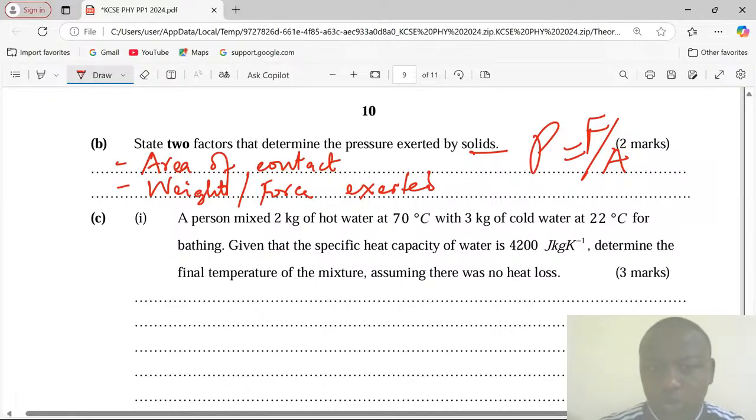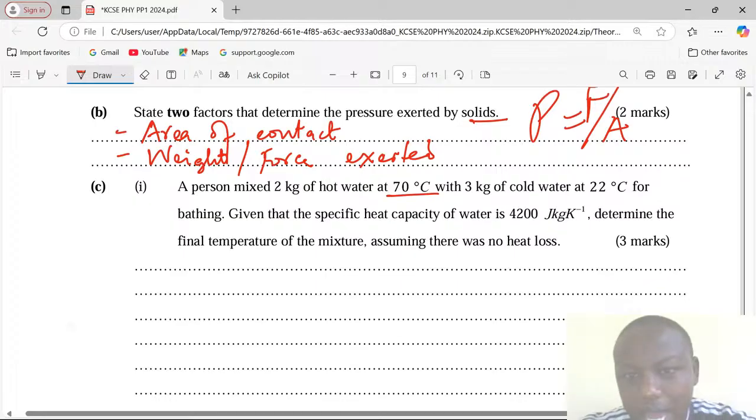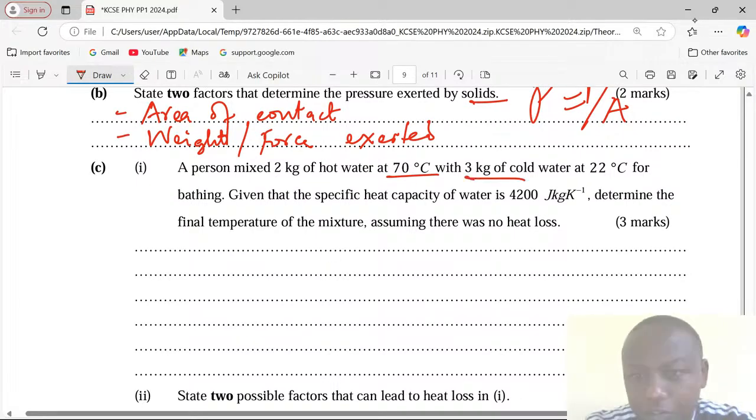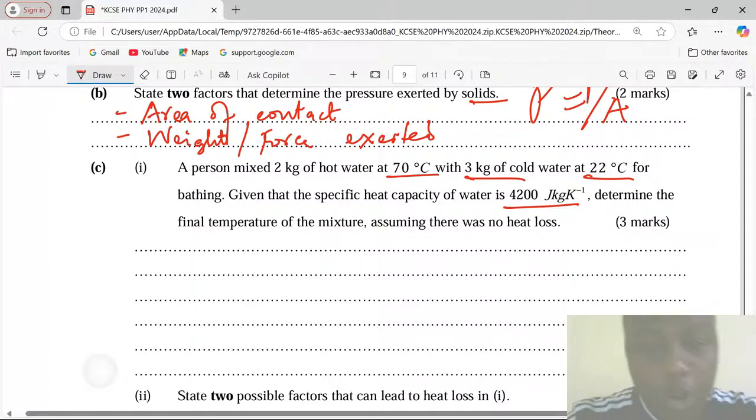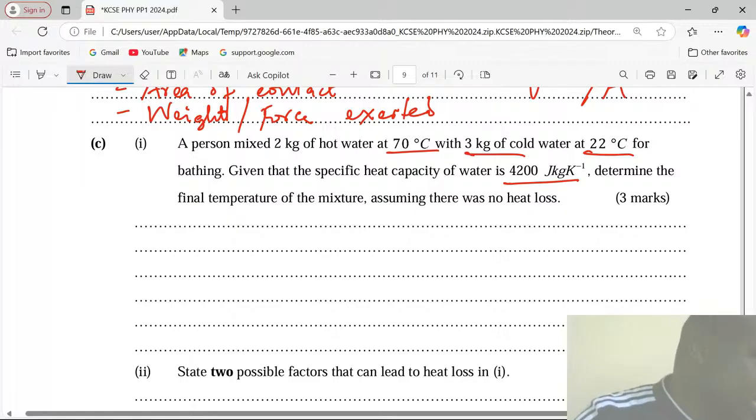A person mixed 2 kg of hot water at 70 degrees Celsius with 3 kg of cold water at 22 degrees Celsius for bathing. Given that the specific heat capacity of water is 4200 joules per kilogram per Kelvin, determine the final temperature of the mixture, assuming there were no heat losses to the surrounding. Okay, in most of these questions on quantity of heat, we make a basic assumption that heat is just